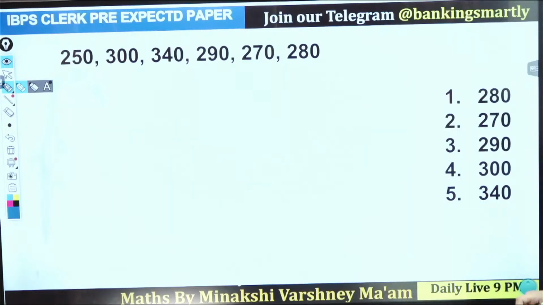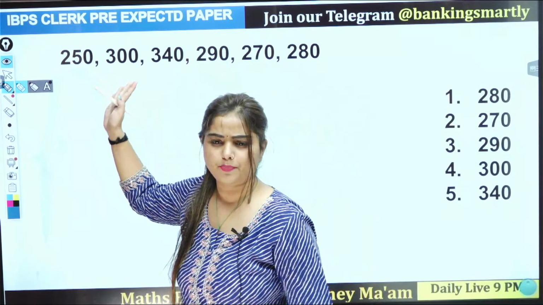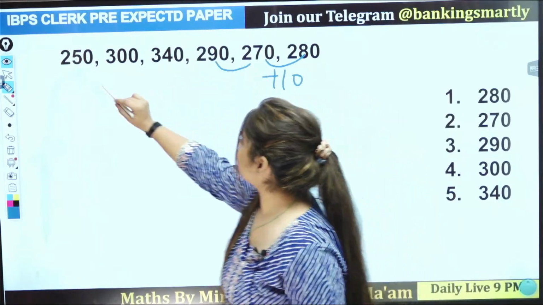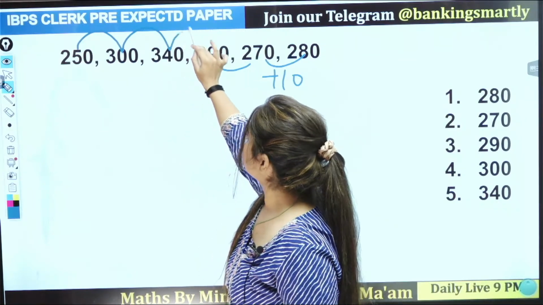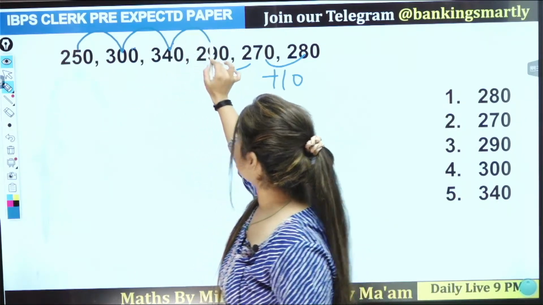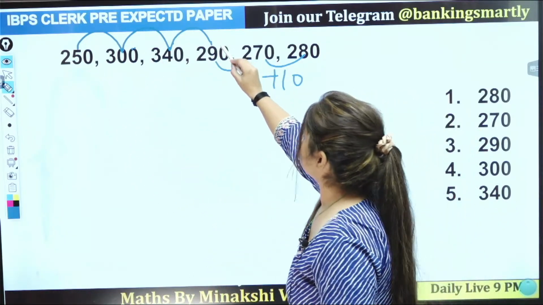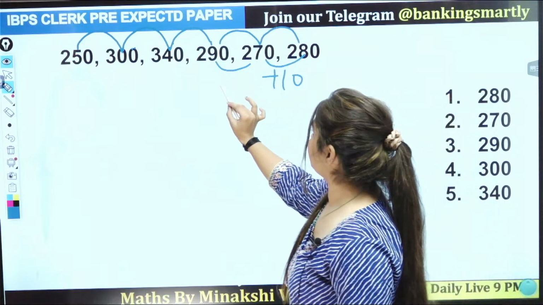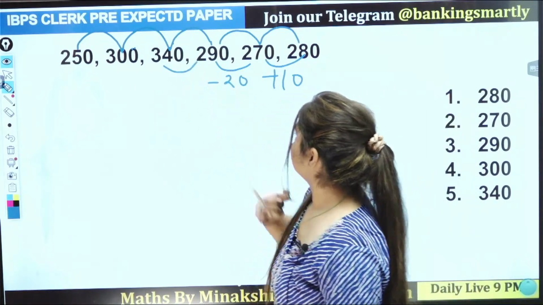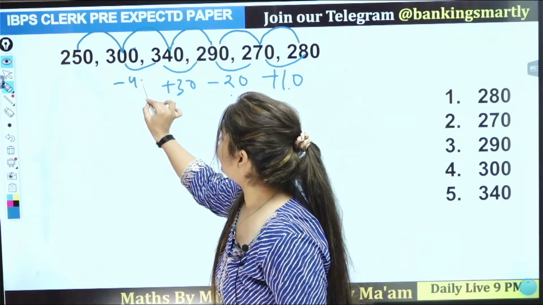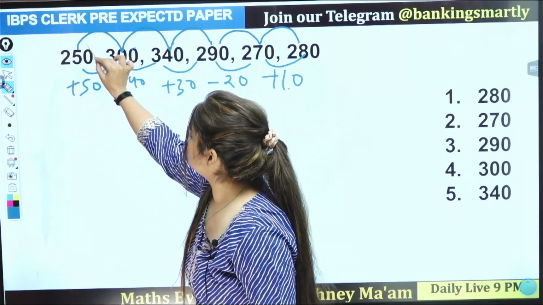Now what we have here? You have this simple difference here. So what we have here, plus 10. You can see increasing, decreasing, increasing, increasing, then decreasing. That means there is something wrong, because the series is following decreasing, increasing. So here is what? Minus 20. Here plus 10, minus 20, so plus 30, minus 40, and this one is plus 50. This one is correct.